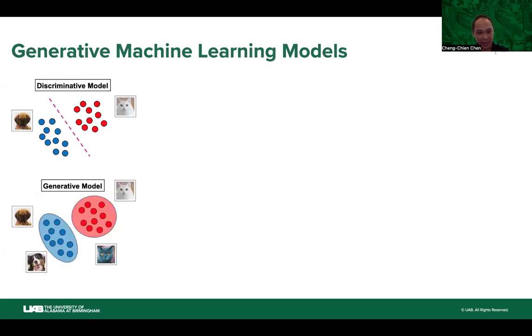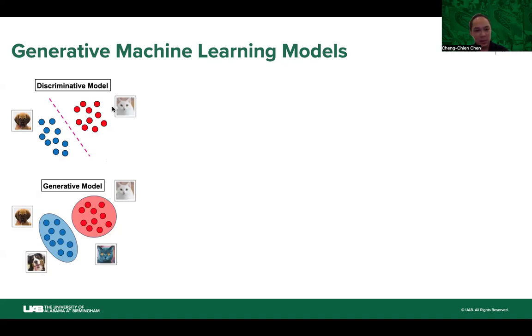Another important future research direction on machine learning is the so-called generative models. Just now we discussed supervised learning, which means that we have an input A, and we want to predict some output B. For example, I give you a picture, and you want to predict whether it's a dog or cat. This is done by using a so-called discriminative model, where we try to draw a decision boundary on the feature space and make labels on the target data.